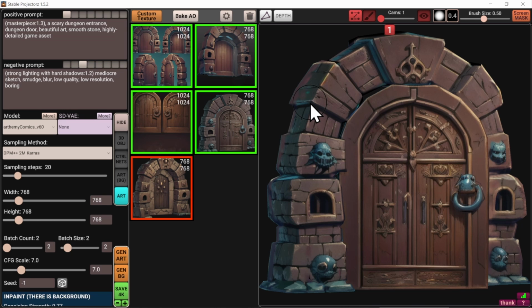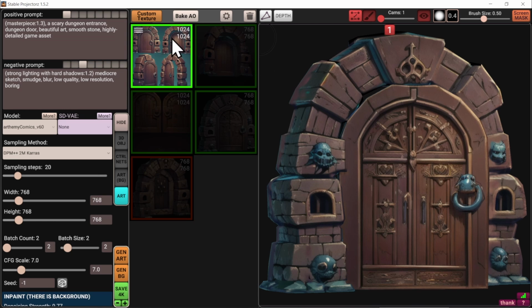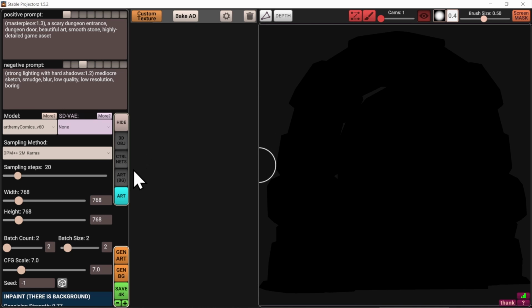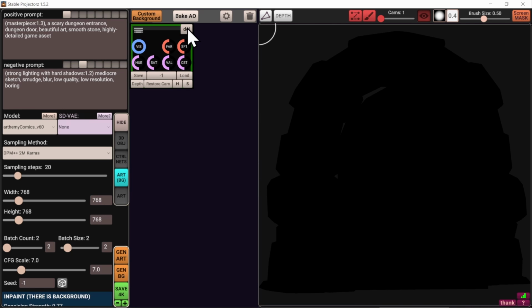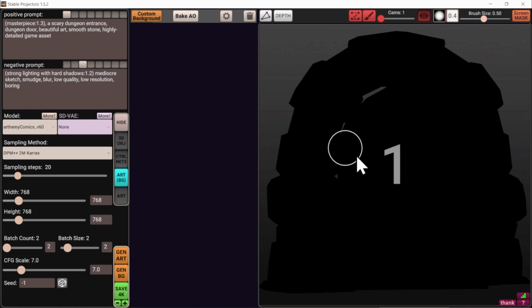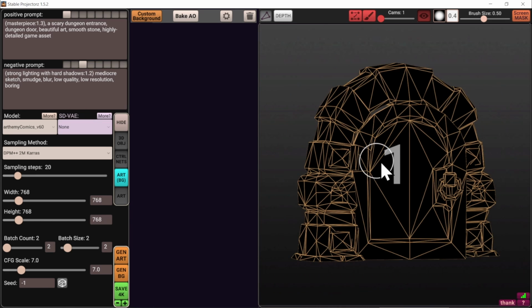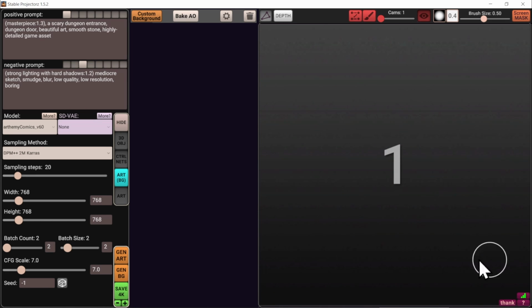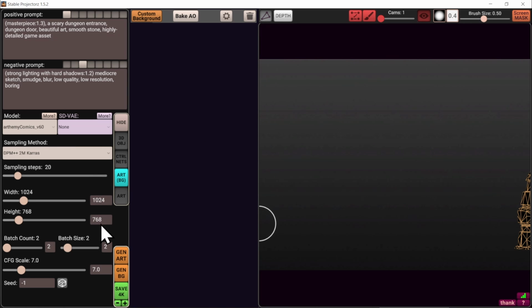Before we wrap up for today, there is one more important thing I want to show you. And for that, I'm going to destroy all of the images from here. Going to jump into the Arts Background tab and remove it from here as well. And with my wireframe enabled, I'm going to wander away and look away from the object so that it's not visible on the screen. And I'm going to generate a background for myself. In this case, I want to do a 1024 by 768